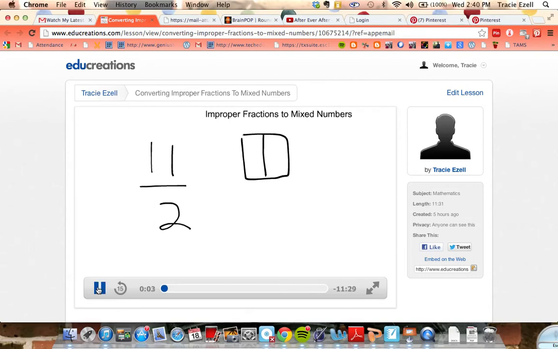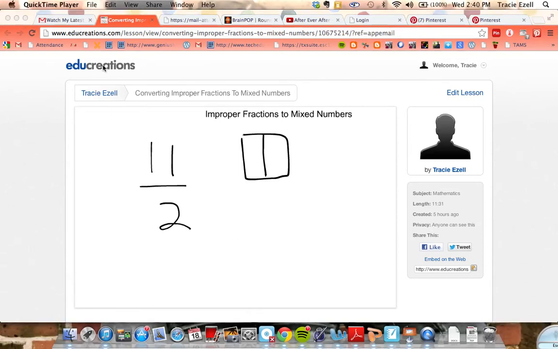This is a video about changing improper fractions to mixed numbers. Some of you may have forgotten how to do this, so let's do a quick review to remind you how to do it. Okay, first of all, if you have the fraction 11 over 2, as you see here on the screen,